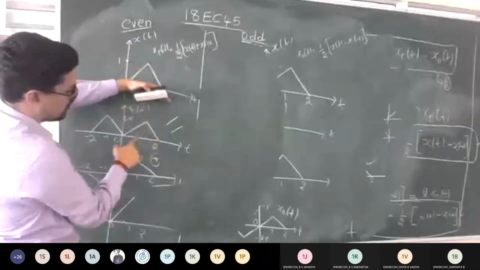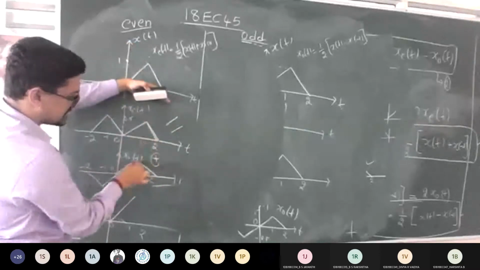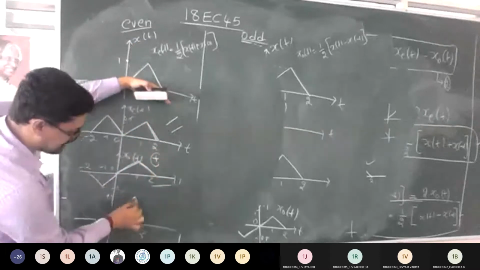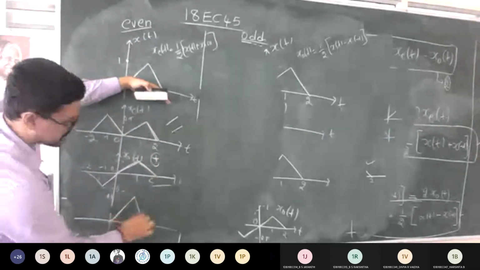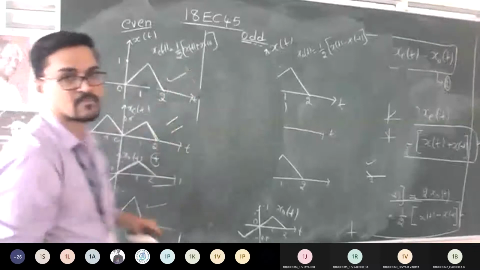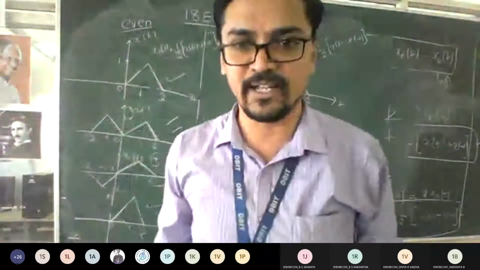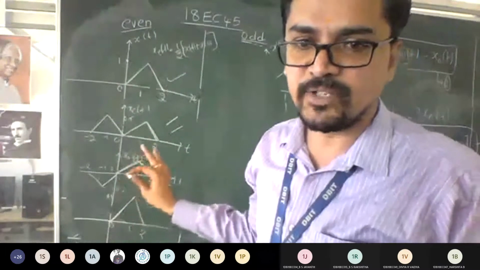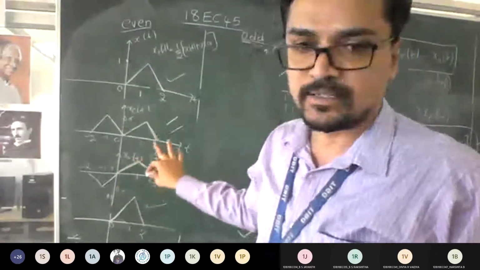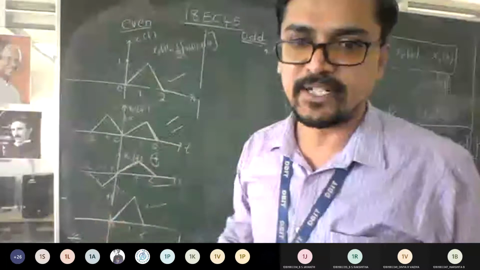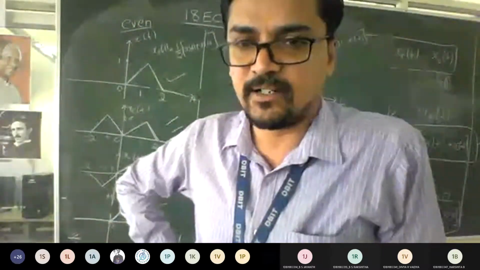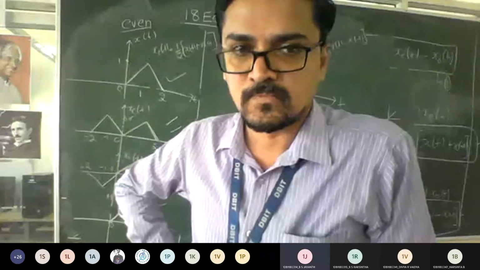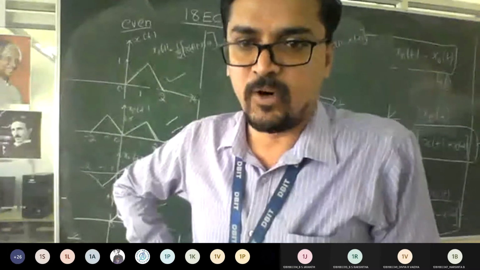Similarly, for 1 to 2, the signal is dipping, with amplitude of 0.5 and 0.5. So you can dip the signal with amplitude of 1. Is it what the original signal was? Does it match your original signal after adding your odd and even? Yes, sir. So this is the way you need to analyze yourself, whether what you have done for odd even is right or wrong. I hope the things are clear to everyone. Yes, sir. So shall I move on to the next problem then?